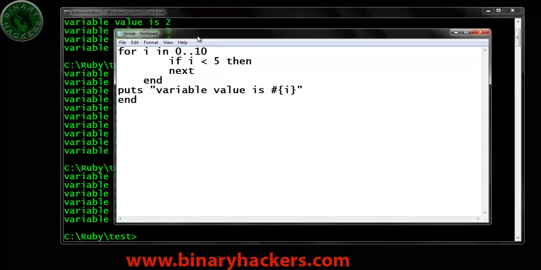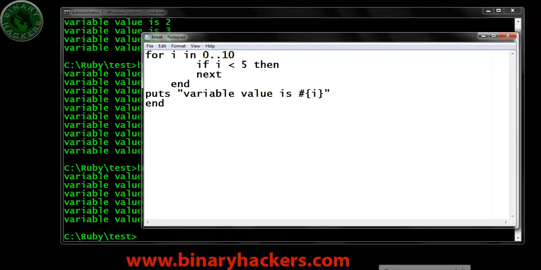So here is a reverse condition. Here is our range 0 to 10. The value is I, the first value of I is 0, then 1, then 2, 3, 4 till 10.